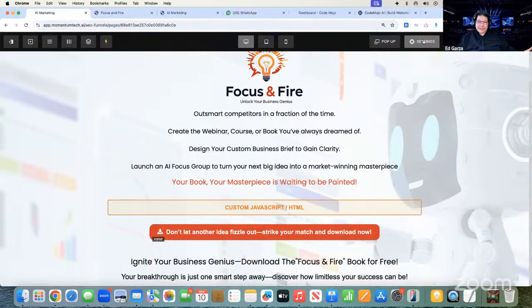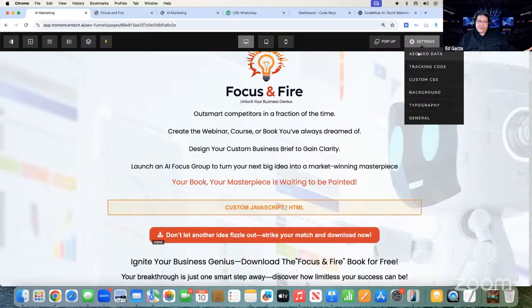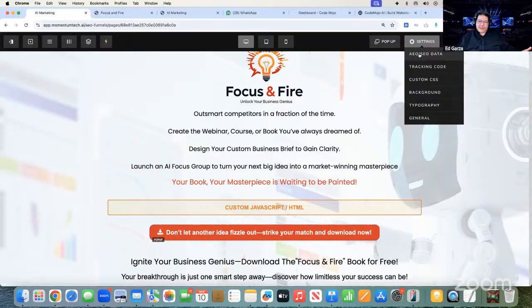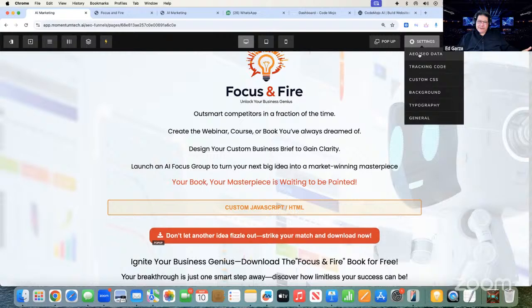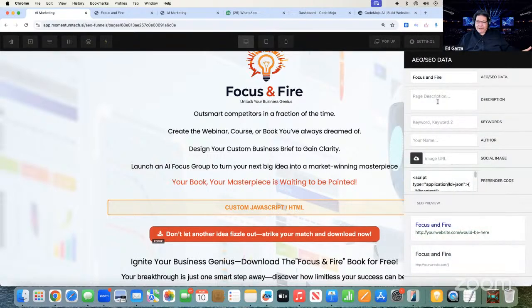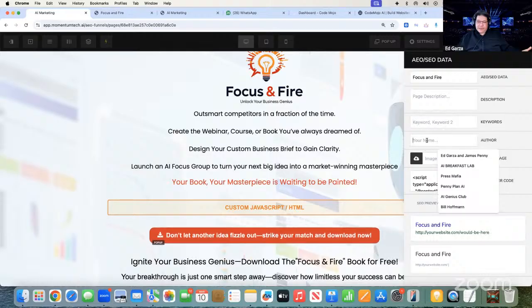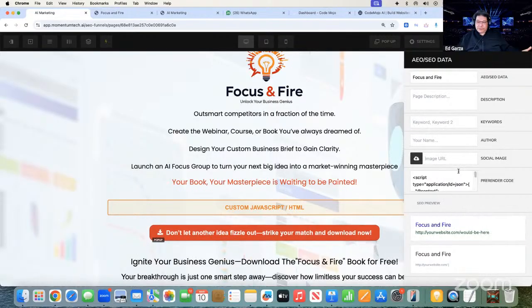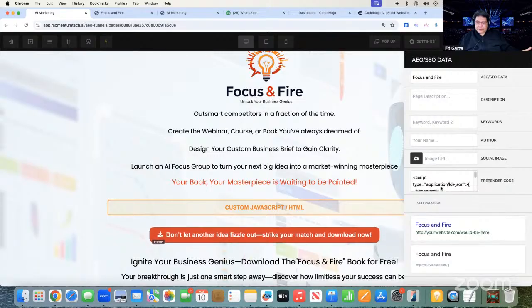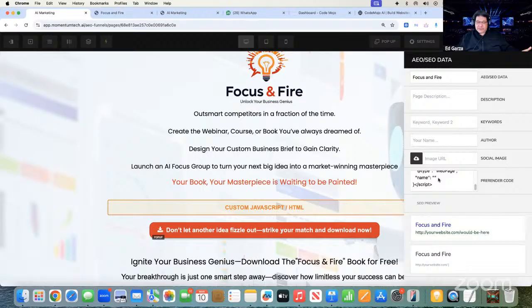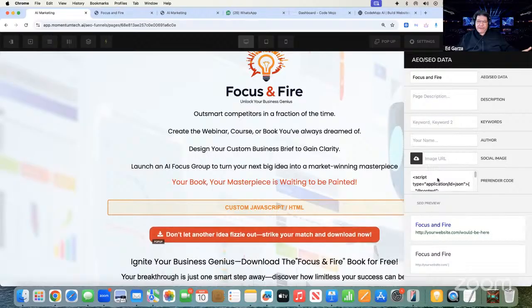And then how do you set up the SEO settings in AEO, right? Because this is an AEO ready website that you can build here that's prepared for AI to find you already. It's done for you. We're the only platform in the marketplace that does this. Yes. So you can set up your page description, your keywords, your name, and your image for social when you share it. It automatically puts your schema markup in here. You don't want to remove this. This is important for you to be found on AI search engines and voice search engines, right? It's very important for you to be found like that.